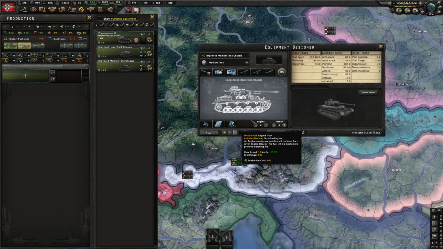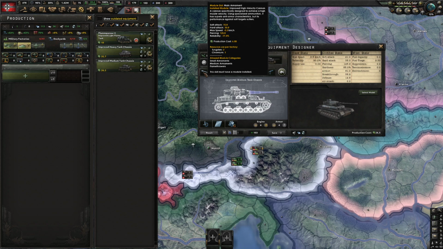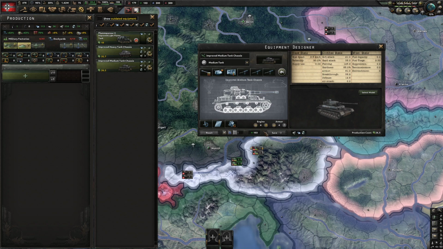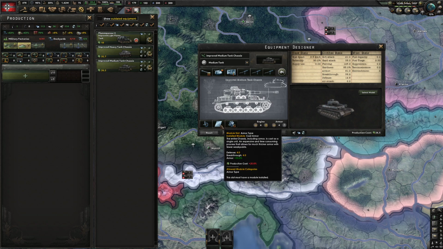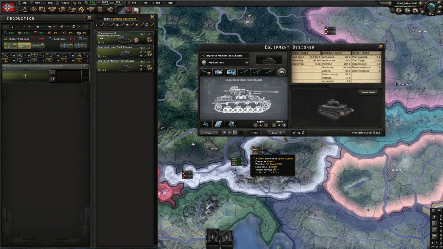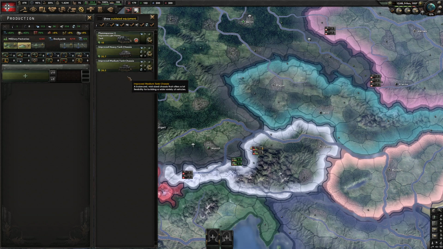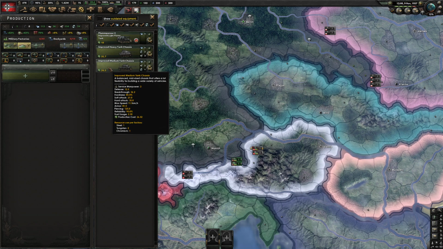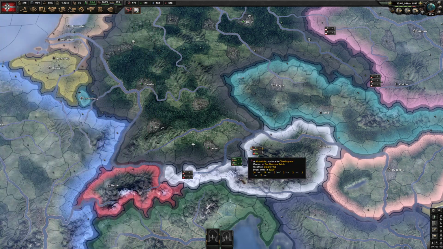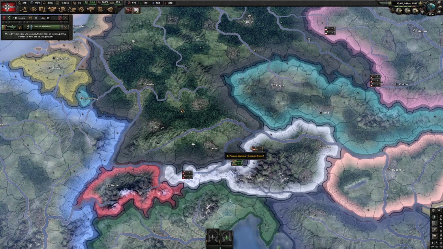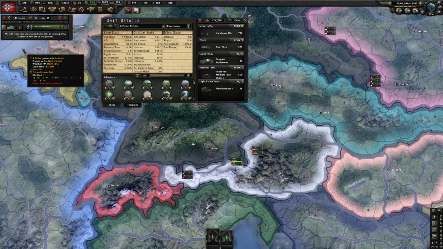And here's the medium tank. Again, nothing too fancy. We've got improved high velocity cannon. I upgraded the engine and the armor to get a reliability of 90%. You got the welded armor and the Christie suspension on this tank as well. The IC cost difference between the two tanks is about 10, but the IC cost of the two different templates